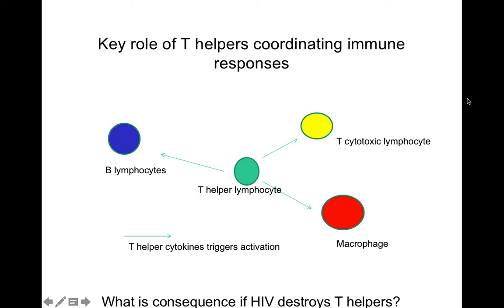And what granzyme will do when it's released, it will enter our virus-infected cell through those little perforin holes, right? And the granzymes trigger a series of events that causes our cells to basically kill themselves, undergo programmed cell death, apoptosis, cell suicide. And again, the advantage of that is if we can do that early enough, the viruses can't replicate. So we can stop viral replication, we can stop the viruses from spreading to other cells and causing more